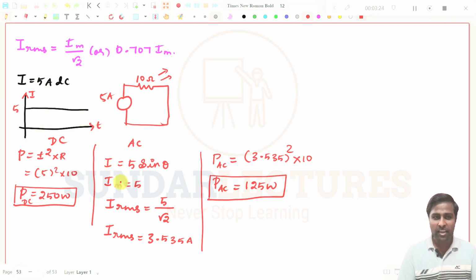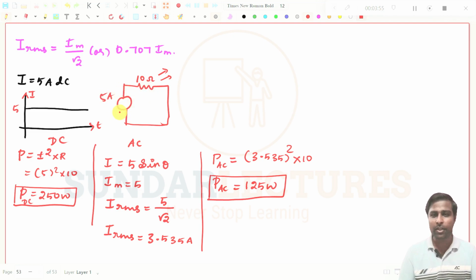For the same, in AC we have taken I equal to 5 sine omega t, or sine theta. For that, we are getting only 125 watts of power. We are not getting the same 250 watts of power. So what do we need to do? How can we get this 250 watts of power dissipated in the 10 ohms resistor, and